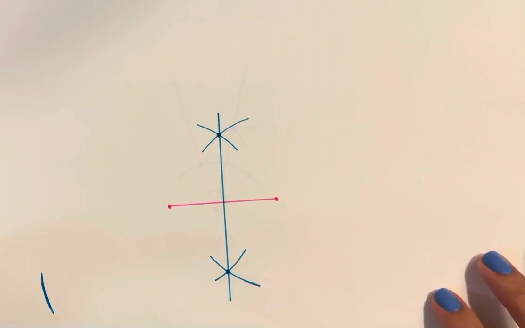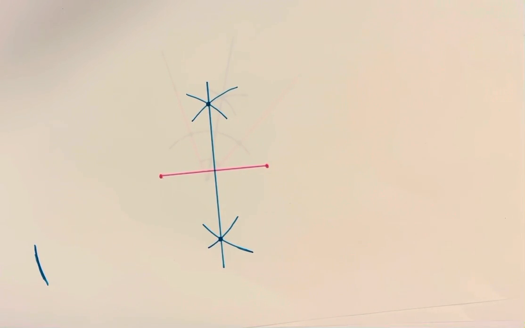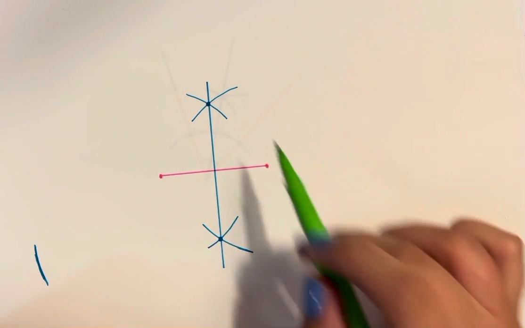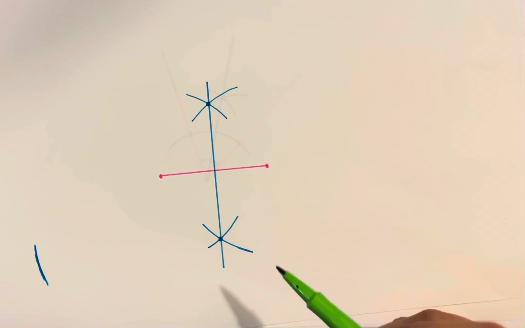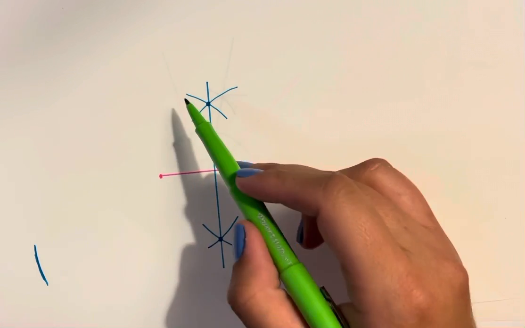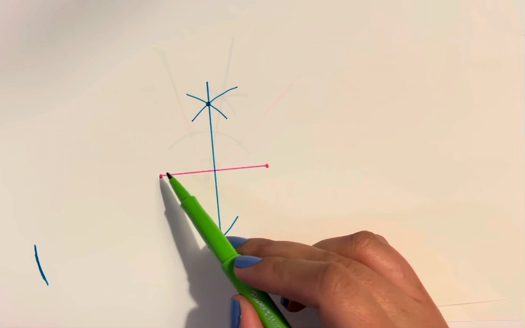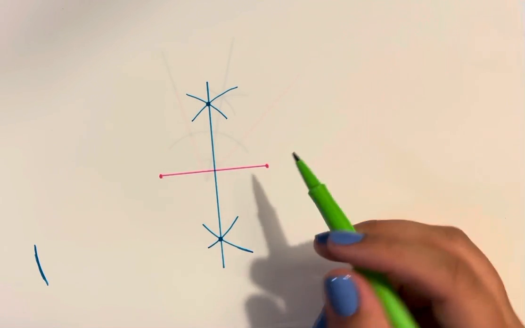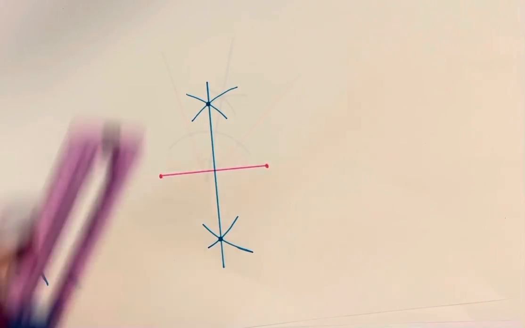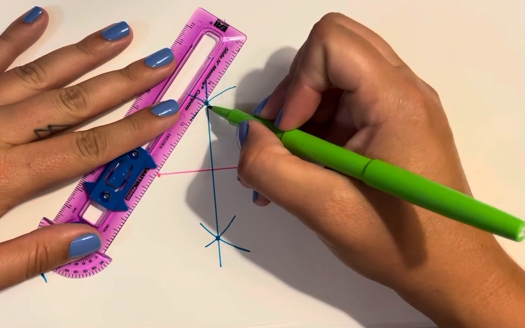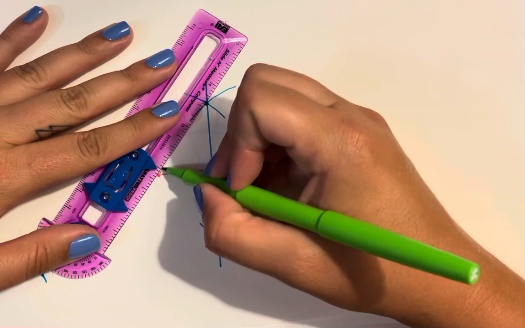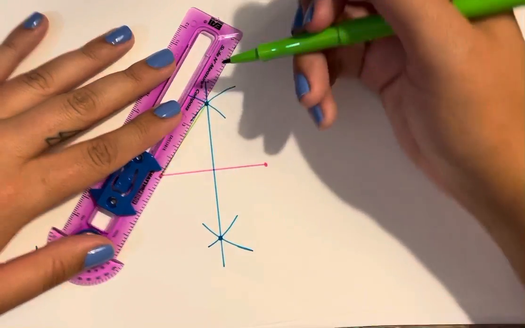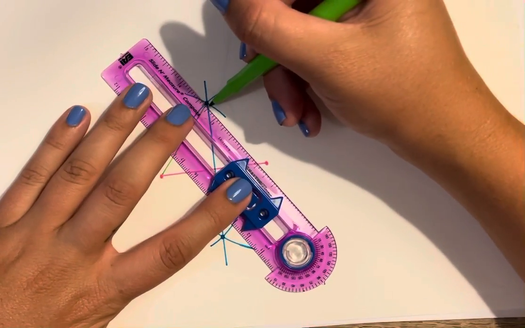So I just want to go through a quick explanation about why these constructions work. I know that when I was doing my perpendicular bisector, I used the same distance for all of these arcs, right? From this point, I used the same distance for both arcs, and I kept the same distance when I moved to the other endpoint. So that means if I connect my original endpoints to these intersection points,